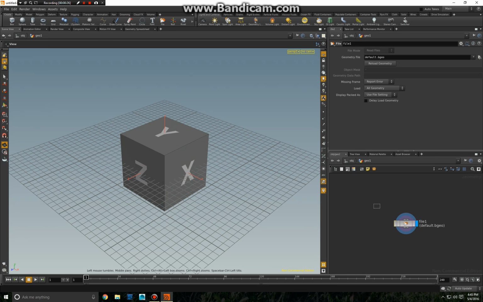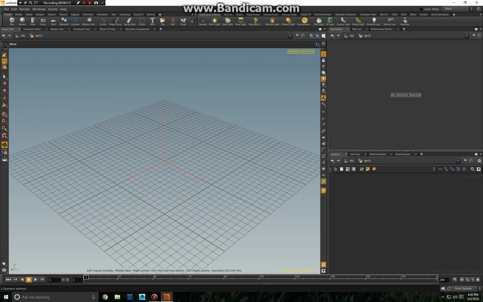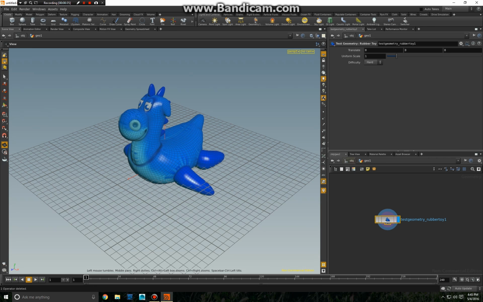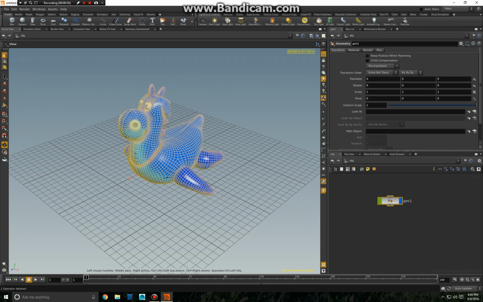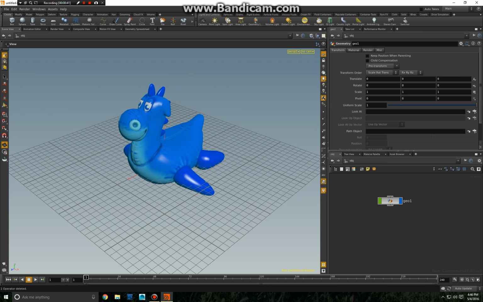In this case, we can go in here, and we're just going to use one of the test geometries, a cute little rubber toy. We're just going to use him to do it. Now, he's going to need some animation because, of course, the boat wake happens when it's moving. I learned it's really useful to apply your animations to a null object in this case, and we'll just connect the input of the geo,